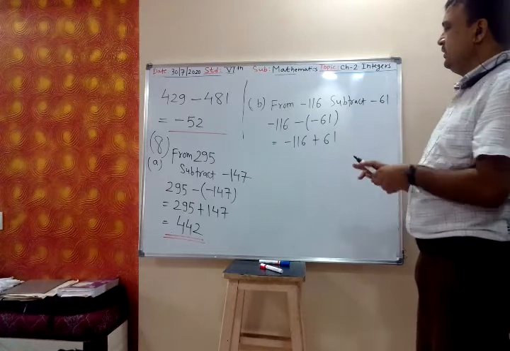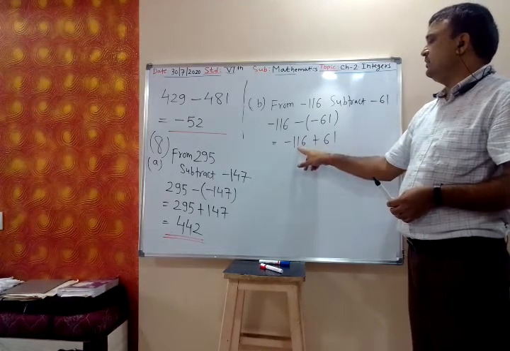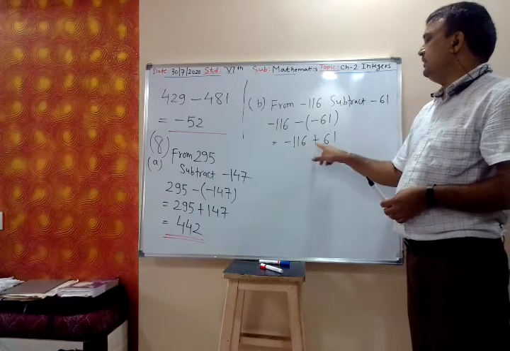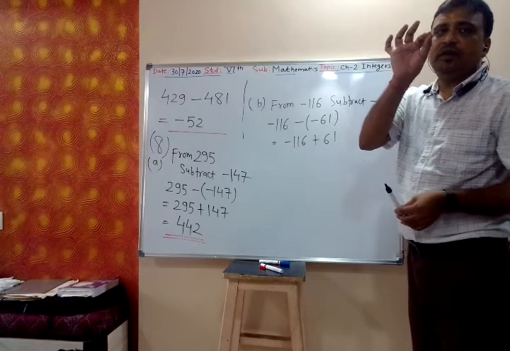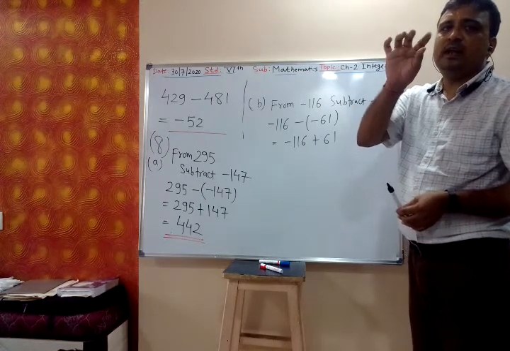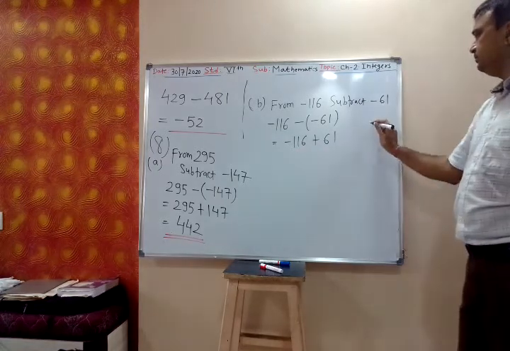So now we have two numbers. One is minus 116, other is plus 61. What is the sign of 116? Minus. What is the sign of 61? Plus. Minus and plus, they have opposite signs. Whenever they have opposite signs, you have to subtract the smaller number from the bigger number and take the sign of the bigger number. So 116 minus